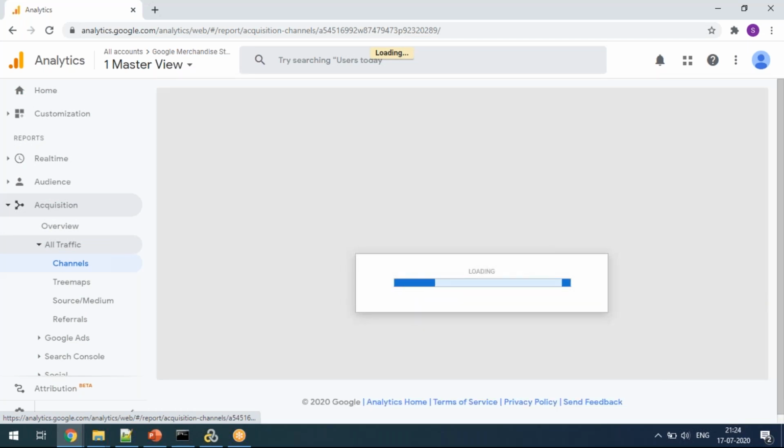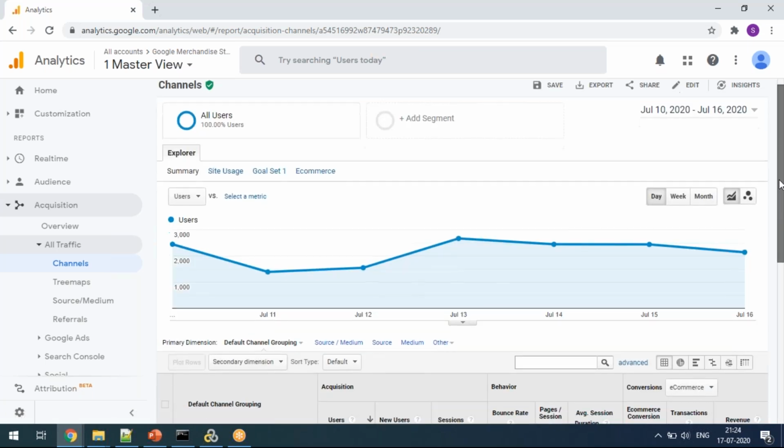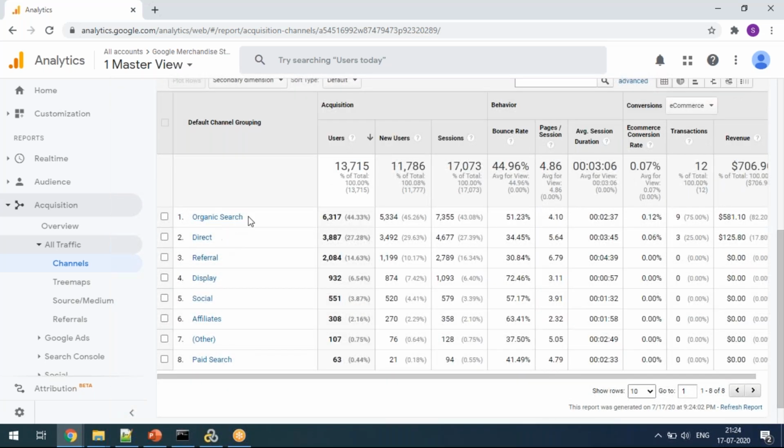With respect to application level data, you can see it is organic search, direct, display, social media, like that. People day in day out are measuring how their application is utilized by people.